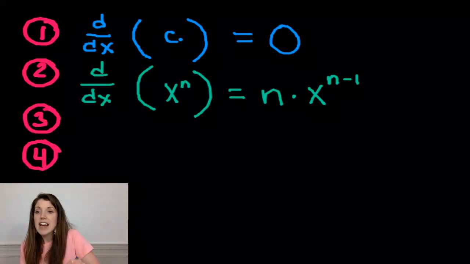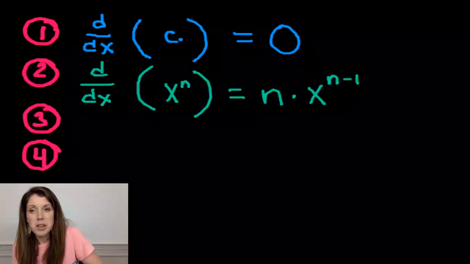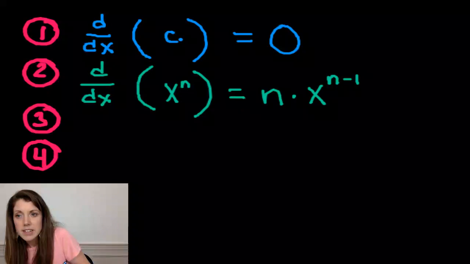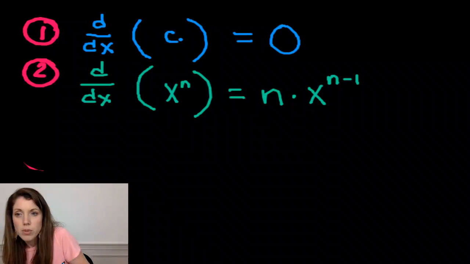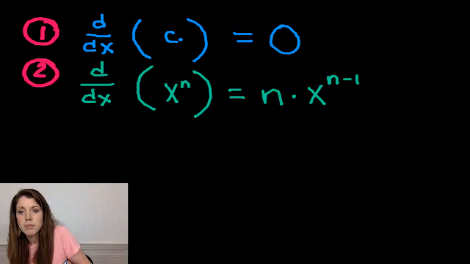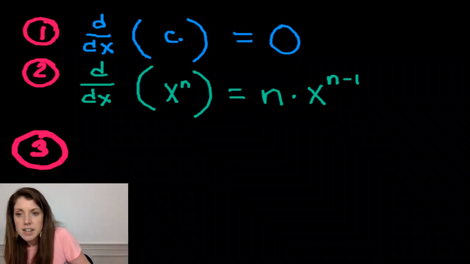Third rule is I actually just did it without telling you, and you didn't even realize it probably. So let me show you what the third rule is. And actually, I'm looking at this and realizing I am going to run out of room. So let's do 3, and then we'll do 4 down at the bottom. Okay. So rule number 3, which we've already technically done without realizing it,